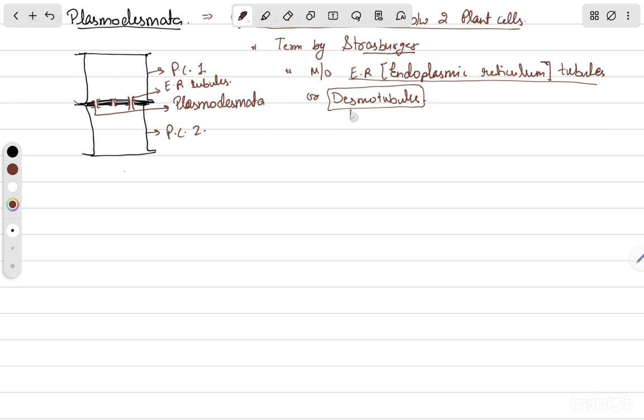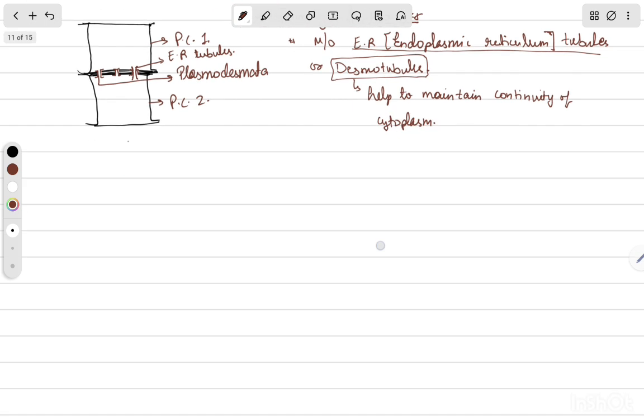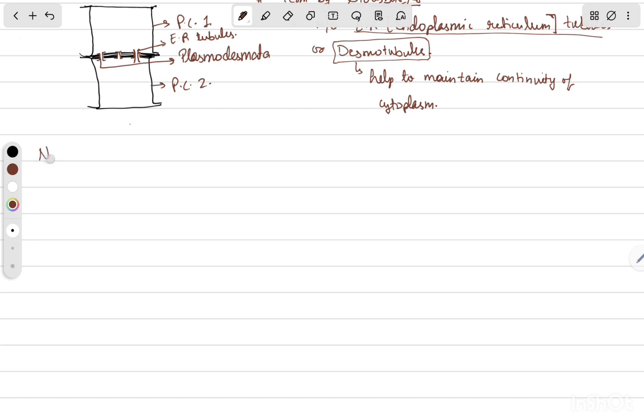And these desmotubules help to maintain continuity of cytoplasm, right? So one important special note which is given in your NCERT,